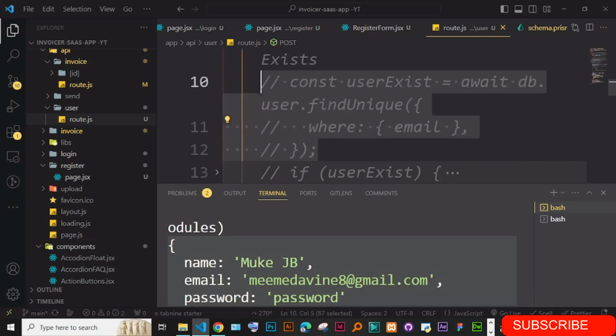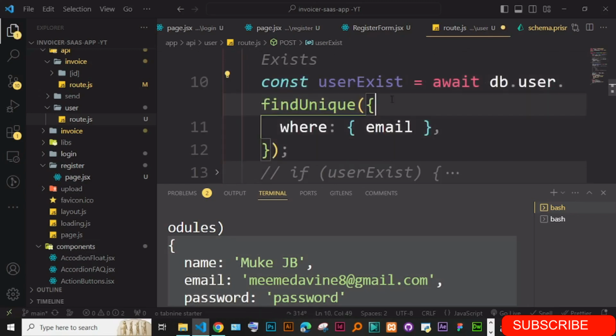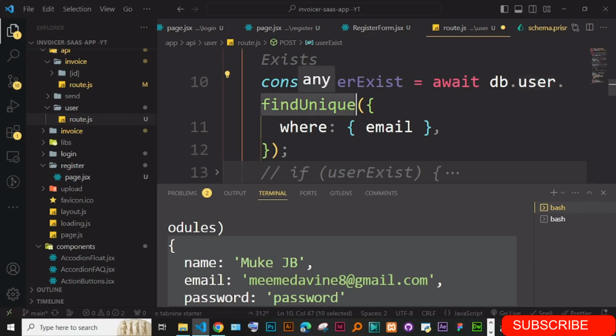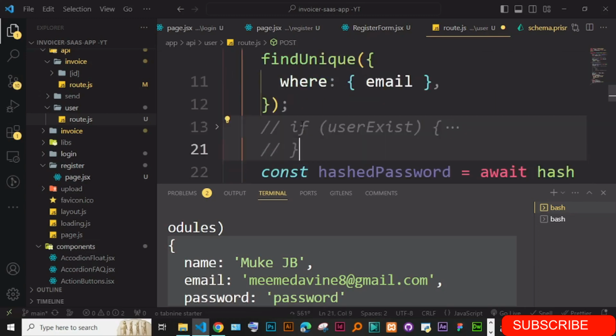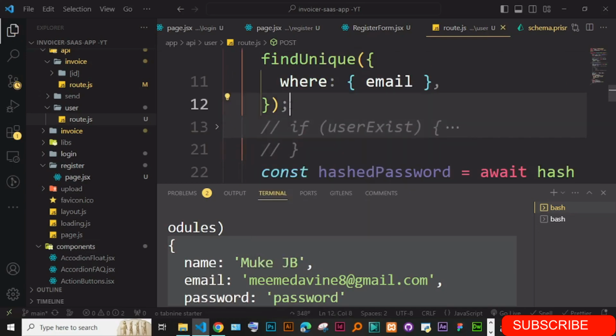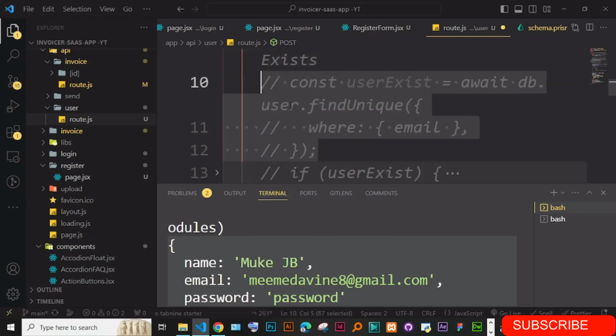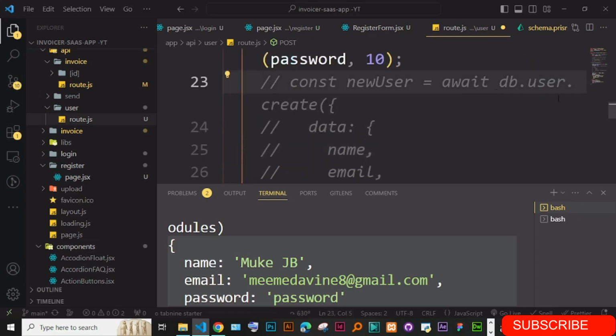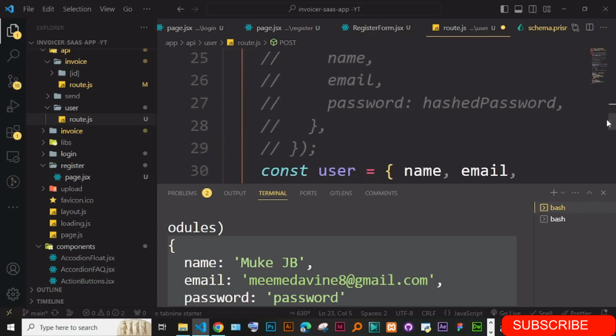I'm just going to first comment this user exists db.find unique. I don't know if there's any mistake in this, where email is email and if user exists. Okay, we can first actually just create. I can first leave this one commented, and let's first go ahead and hash the password, and let's try to create actually a user. So I'm just going to comment all this code up to this point. Just create a user